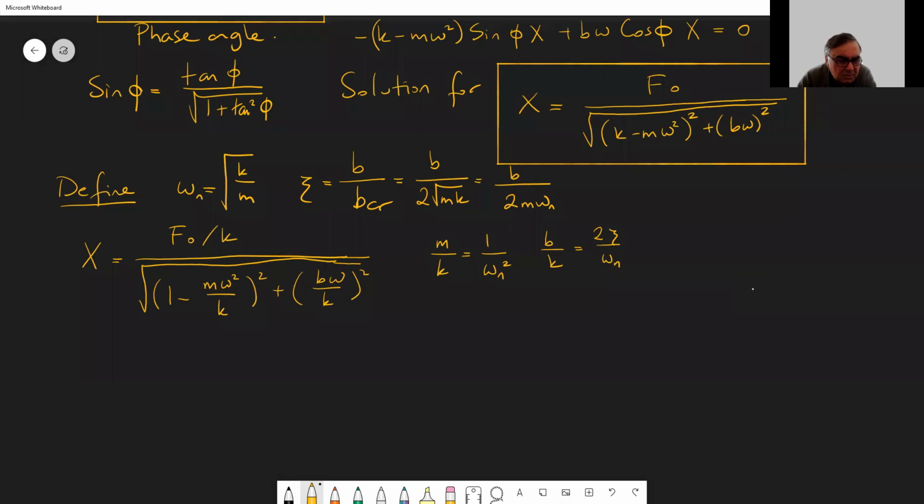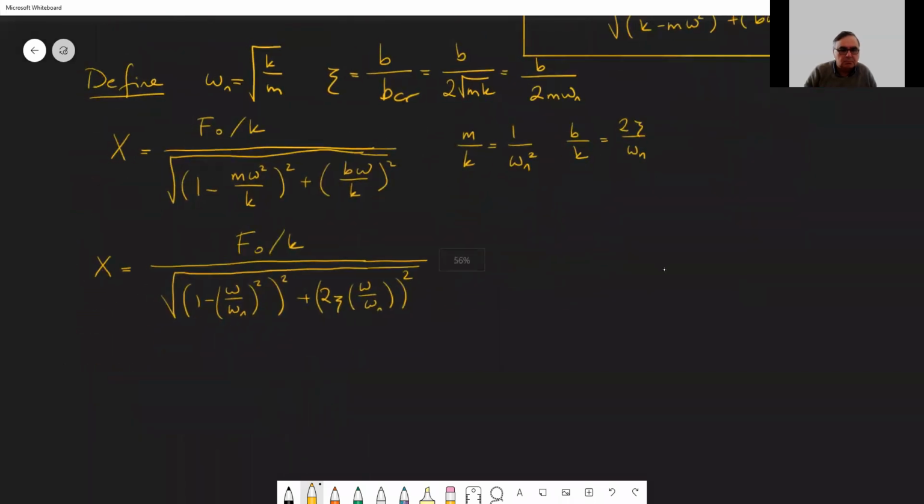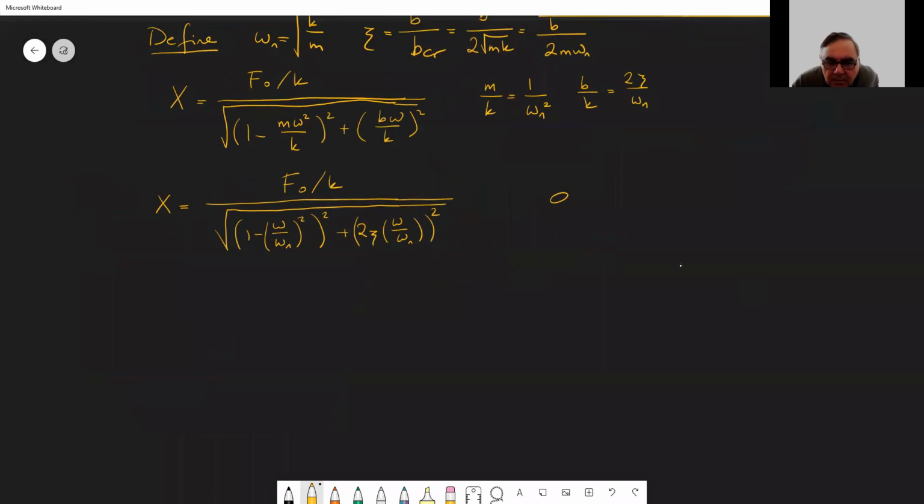If you substitute it, the result we will get will be, and the phase angle can be written as tangent inverse 2 zeta omega divided by